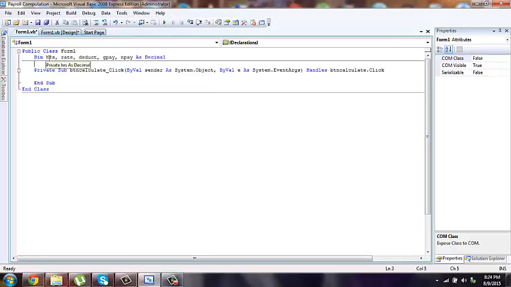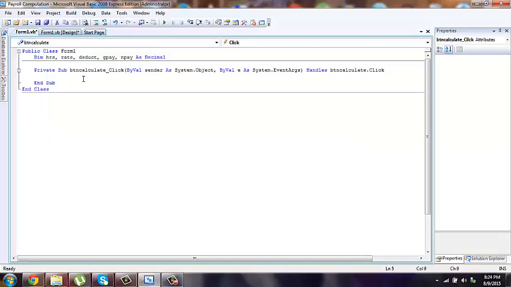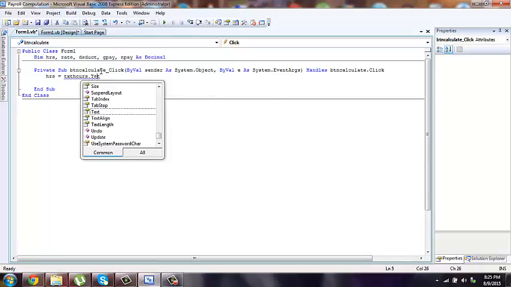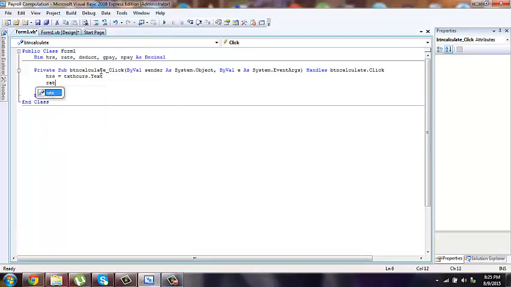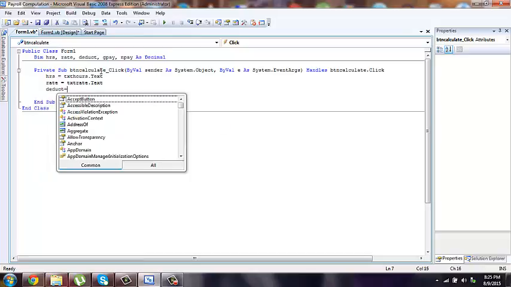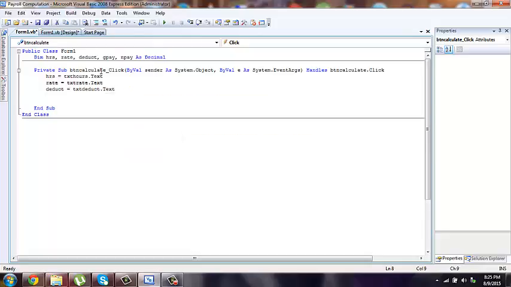As you can see, we can't have a decimal hours or a decimal rate, but since we will be dealing with money, it is better to use the decimal system rather than an integer. Okay. So now, the first thing that we're gonna do is assign the variables. So Hrs is for our txtrs text. And then the next one is for the rate. And the same goes for the deduction. And for the gross pay and net pay,